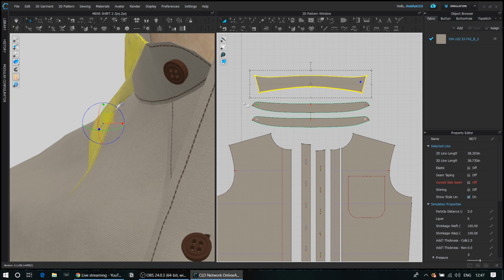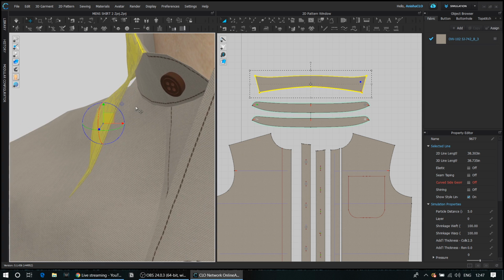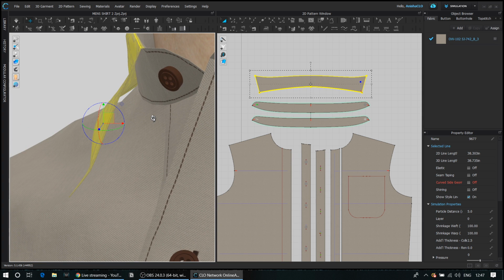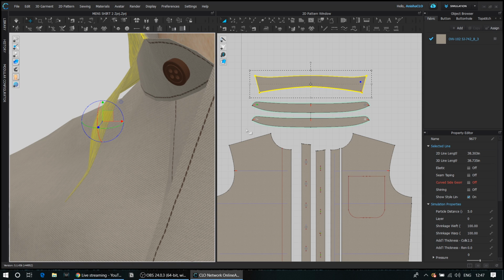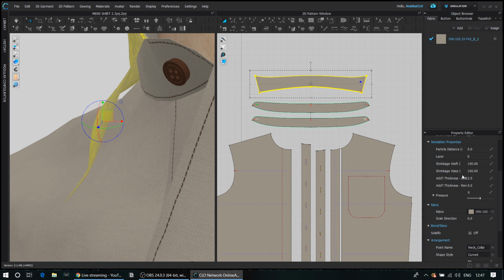If you want, you can always do that. But if I do want just the appearance of a double-sided look, I will click on my pattern here, and in the property editor, I can see additional thickness render. So I will increase this, and if I press 2,